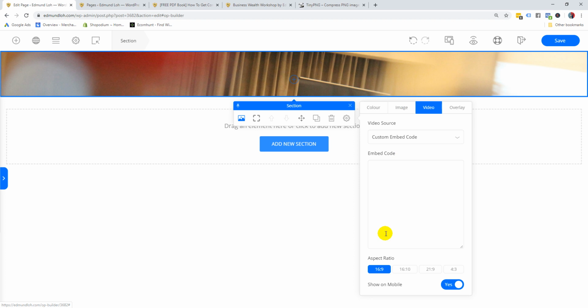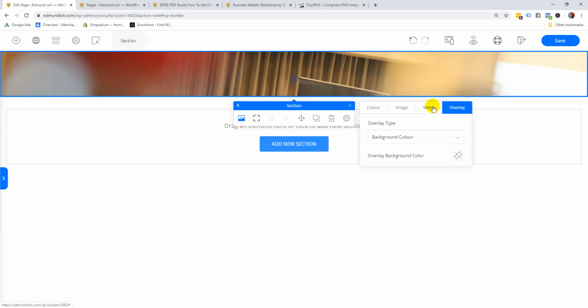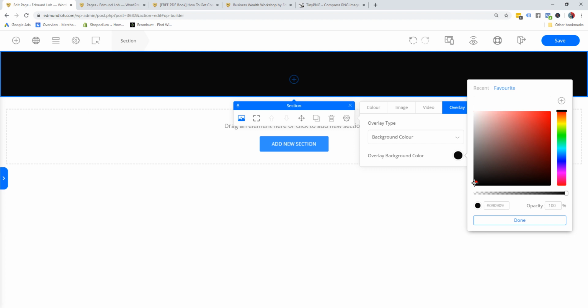And the cool part is that you can make this show on mobile or not for bandwidth reasons, okay? Overlay. Overlay is something I might consider using, whereby let's say you want to darken this picture or put it into a different shade of color. So what I'll do is I'll click on overlay. I'll select black, and then